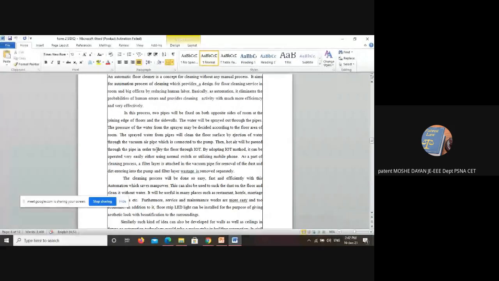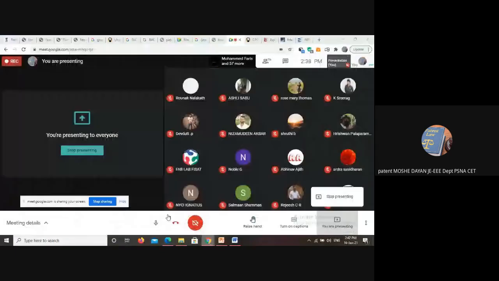To prepare a technical documentation, my best suggestion for the participants is that you download patent documents either from Google Patents, or from the Indian Patent Office, or from PatentScope, and read a document completely, so that you will get the knowledge of how to document a patent. So I'll be taking another 10 minutes of time. I'll be telling you what the documentation process is.